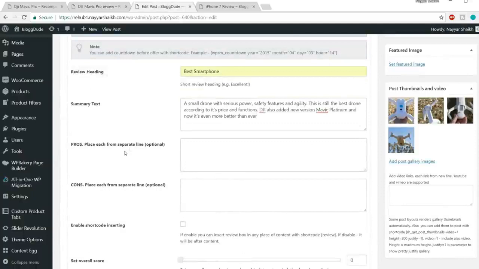Now what are the pros which you find in this phone, and what are the cons that you find in this phone? So pros can be like camera or design, color. It's all up to you. You have to type what are the pros of the phone and what are the cons of the phone. Now cons can be, I don't know, no cons, no issues. I'll type in no issues,